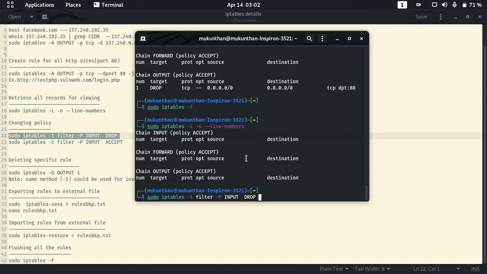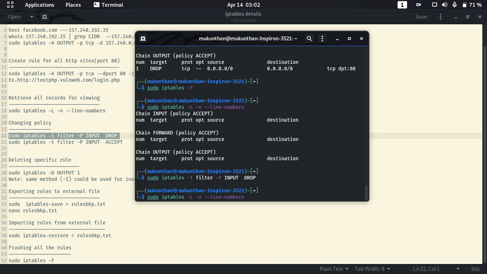In our case, most of the time we are going to work with the filter table. So I am mentioning explicitly -t filter -P. This capital P stands for policy, the policy of the INPUT chain in the filter table, and I am going to change it to DROP. At the top you can clearly see the policy is currently ACCEPT. Now after executing this command, if you see again, it will be DROP.